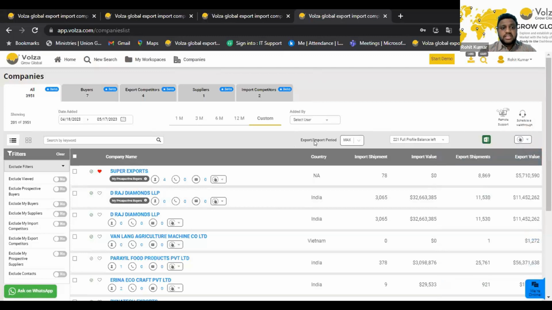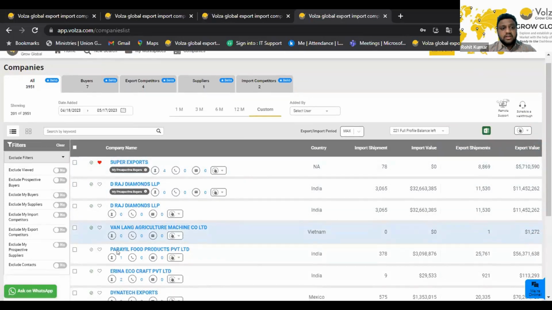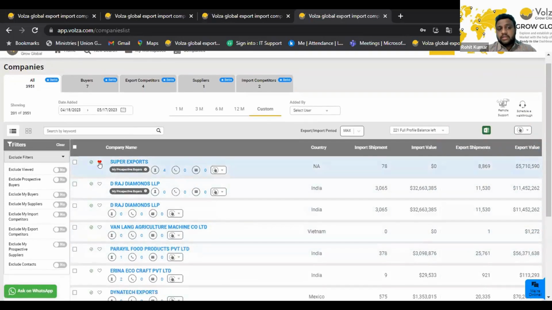This particular section shows you the companies which you have saved, and on each company you can see a heart icon. By clicking on this heart icon, you can mark the specific company as a favorite. You can see a circle here which is shown in green color. That means you have